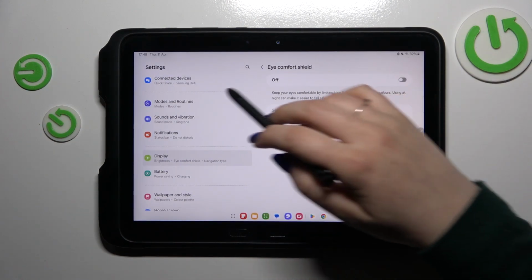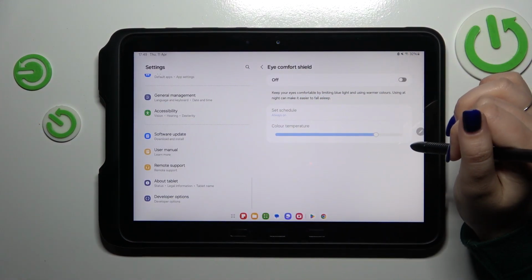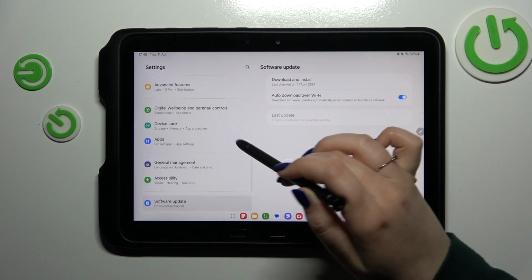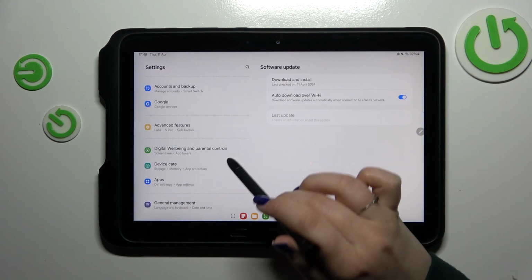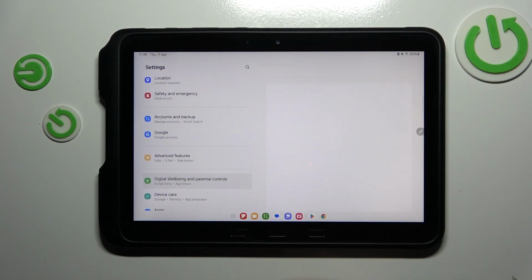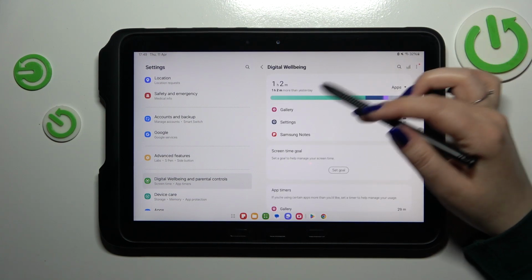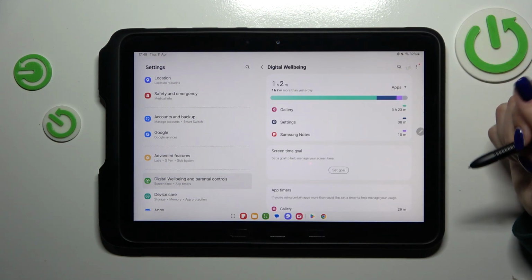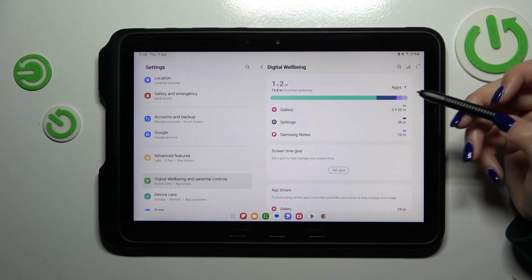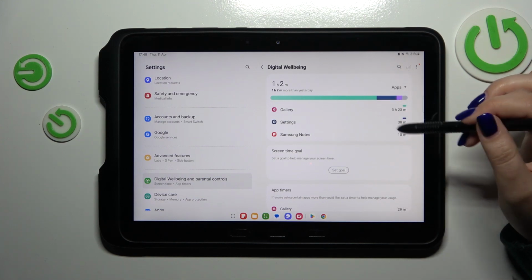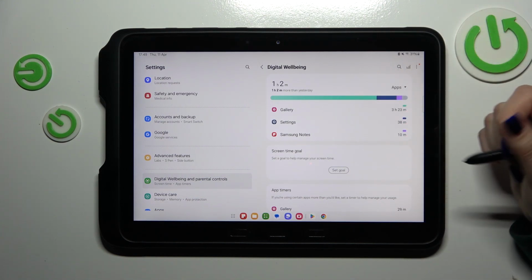Let's find them. And now in this left section we have to scroll down to almost the very bottom to find digital well-being and parental controls. Let's tap on it. And right here we've got the graph which will show us for how long we've been using this device today. You can see that I've been using it for 1 hour, actually more than 1 hour,